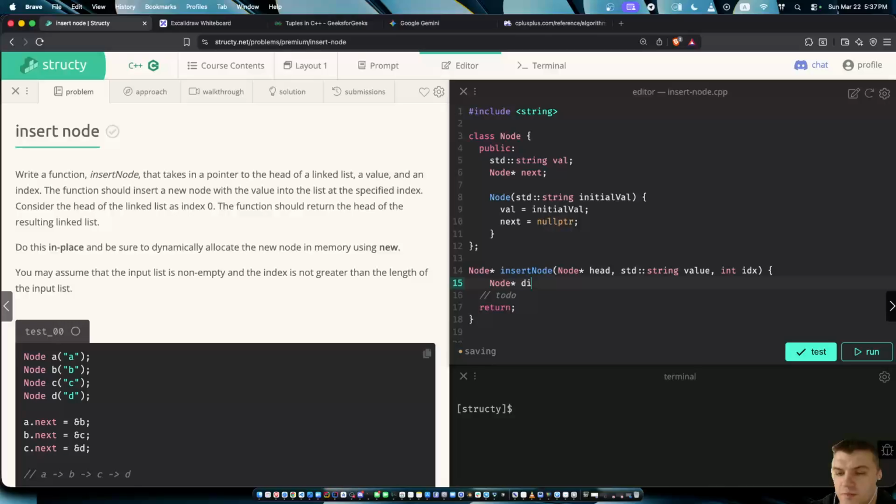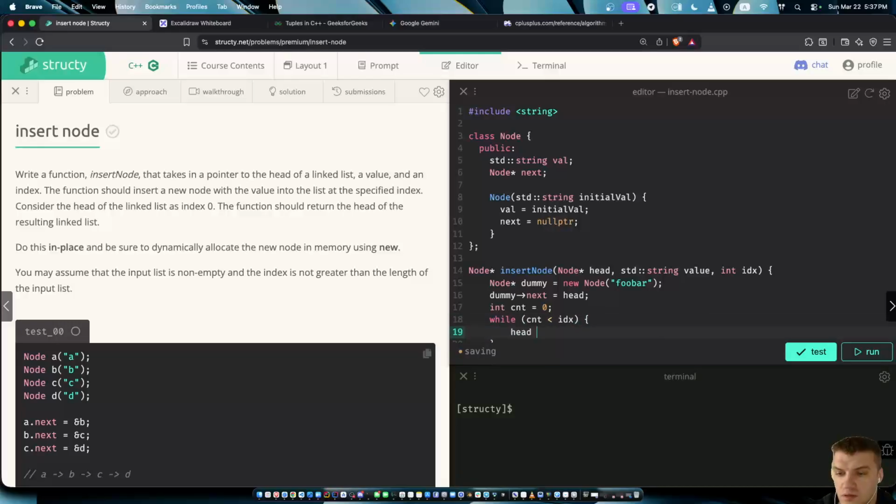Dummy equals new node, and then dummy next equals head, and then counter equals 0, while counter less than index, I'm gonna have